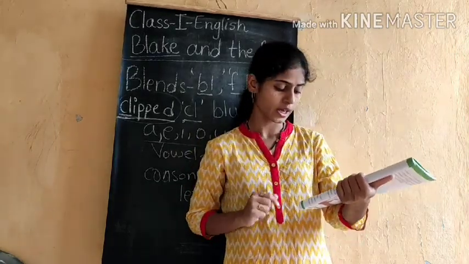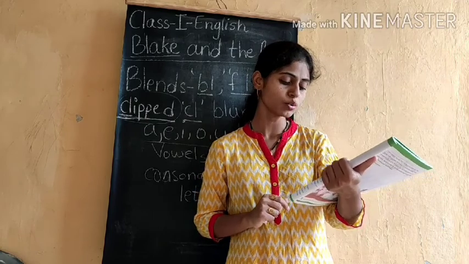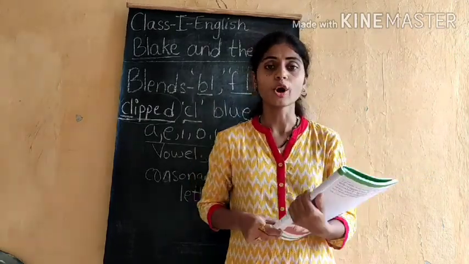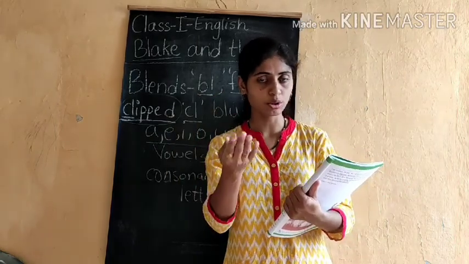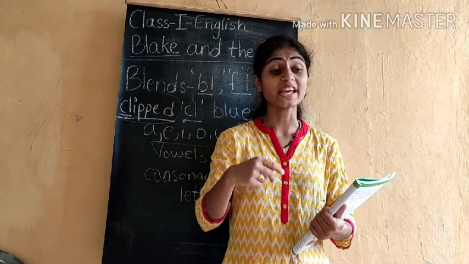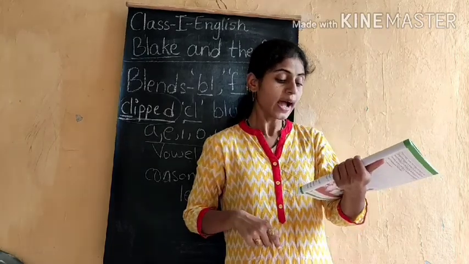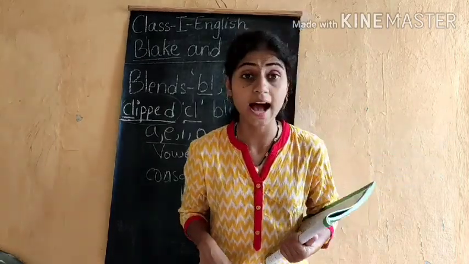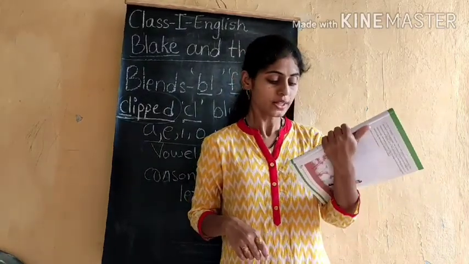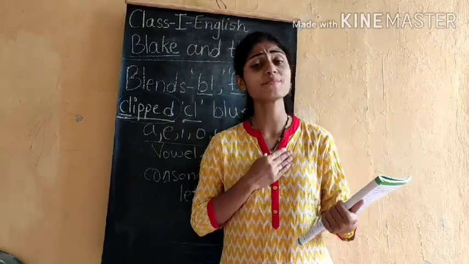Then one day he saw a boy who was playing a flute. Lord Krishna always has a flute. You also are aware of that. One day he saw a boy that was playing the flute. And my name is Clive. What was the name of that boy? Clive. Said the boy, I am thirsty.